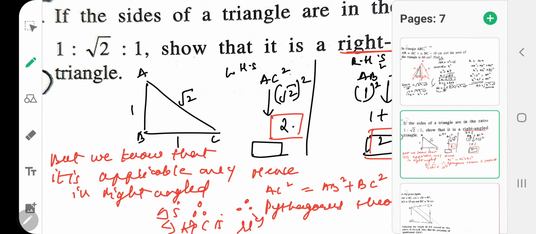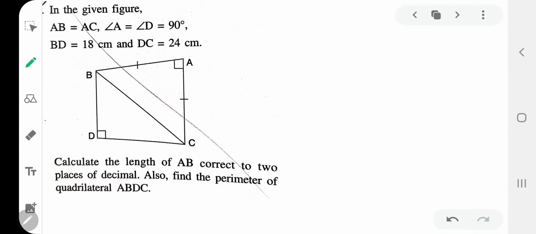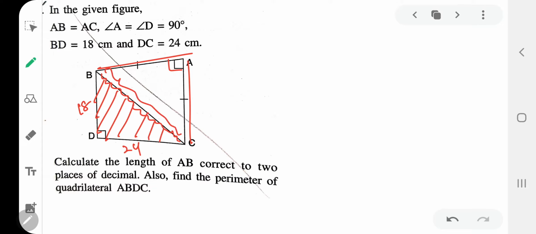Next we have, if you notice here, AB is given equal to AC. That means it's an isosceles triangle. This is your hypotenuse. This is right angle because it is given that BD is 18. Shall we write BD as 18? DC is 24. So my dear kids, if you take this triangle, you will nicely get the value of BC. Yes or no? Yes. Let's find BC first.